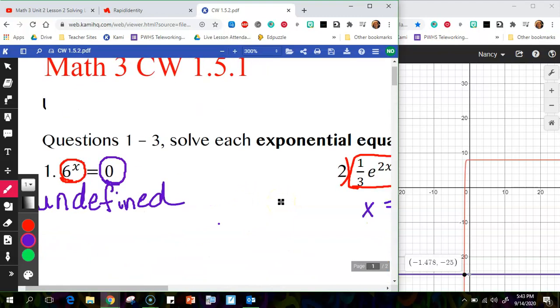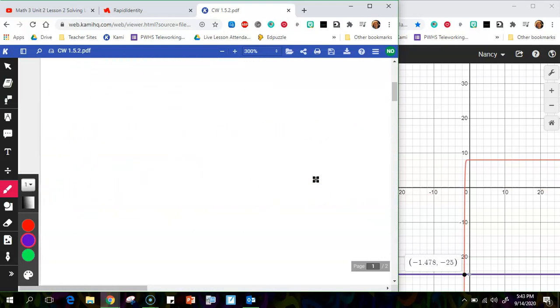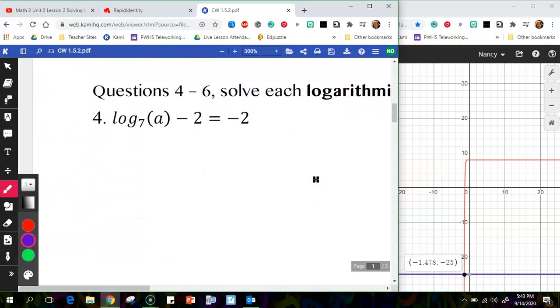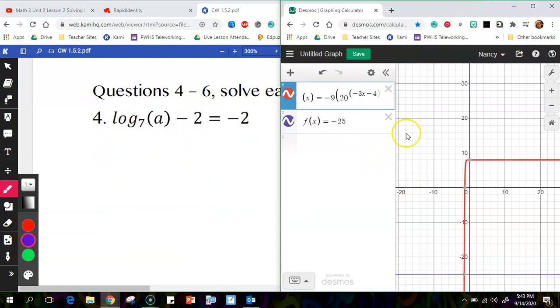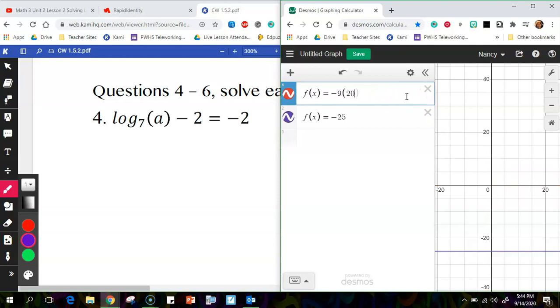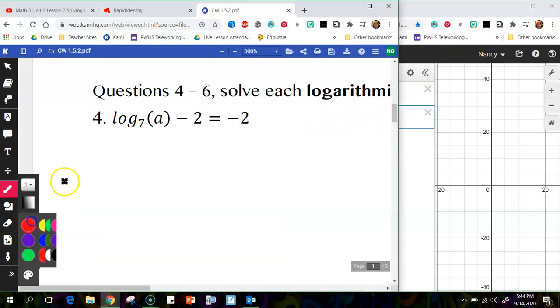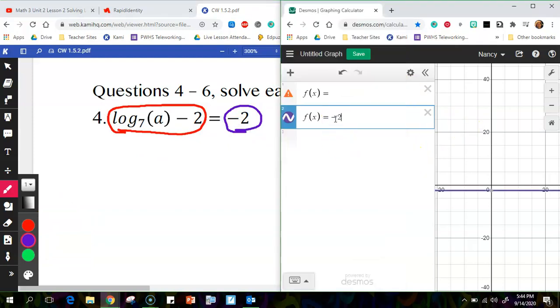Let's see, that was 1, 2, 3. All right, let's talk about how to put in a log equation. So here's a log equation right here. So let me get Desmos up here. I need to get out of this part. I just leave in the f of x equals on the 2 lines. So on one side, I need to enter this right here, and I'll show you how to enter that log. And then on the other side, I'm going to enter negative 2. So the right side's easy, negative 2. The left side,